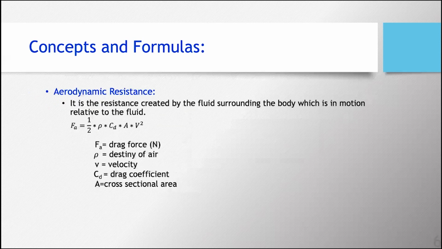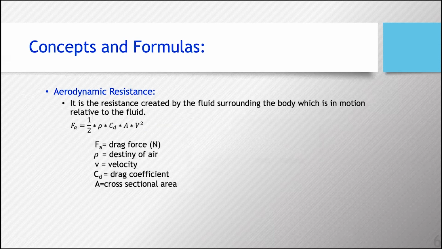And we have aerodynamic resistance, which is not significant at low speeds, but at high speeds it's very significant as it increases with velocity squared. So at very high speeds, one of the major factors that resists the body is the aerodynamic resistance, which is calculated by using this formula, in which density of air, the velocity of the body moving in the fluid, and the drag coefficient for the particular shape of the vehicle, like it might be a cone shaped or a streamlined body. Depending on the shape, there are various drag coefficients which we need to consider.